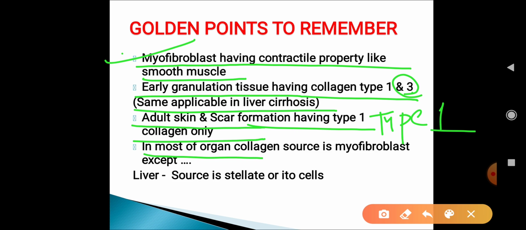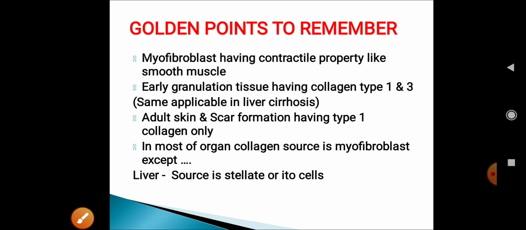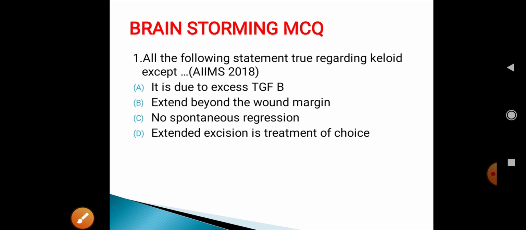In most of the organs, the source of collagen is the fibroblast, or we can say myofibroblast, except at one site where fibrosis occurs because of activation of the stellate cell or Ito cell, right? In the liver cirrhosis, the fibrosis is because of activation of these cells. Okay, now we will see some brainstorming MCQs